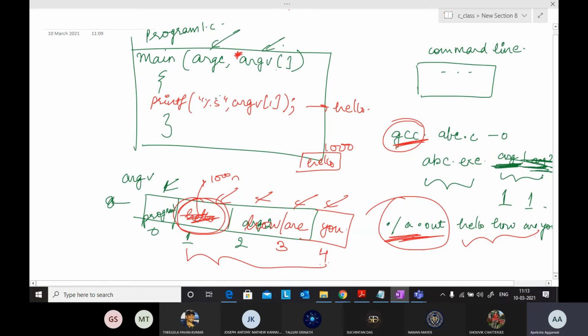Basically this array stores the addresses of all those values. Clear? And argc will store the length. The length is 4 arguments it has passed. So if you do printf %d argc, it will give you 4, the length of the argv array. Clear?